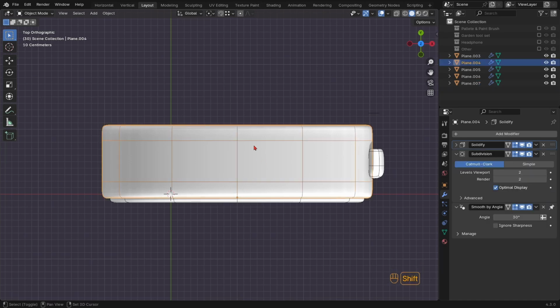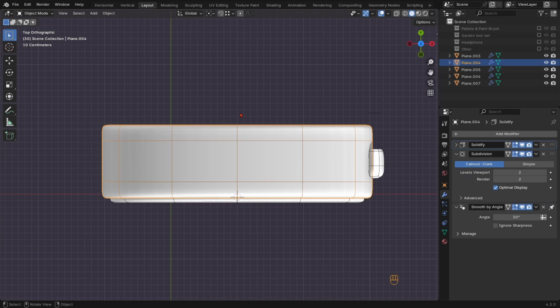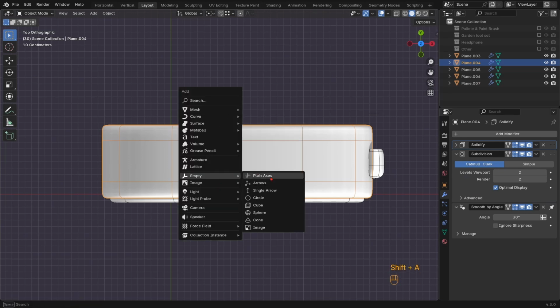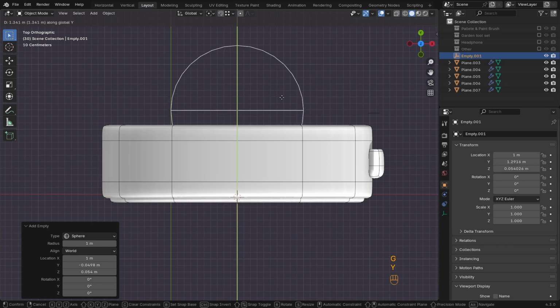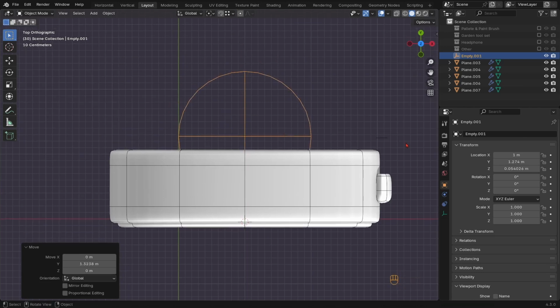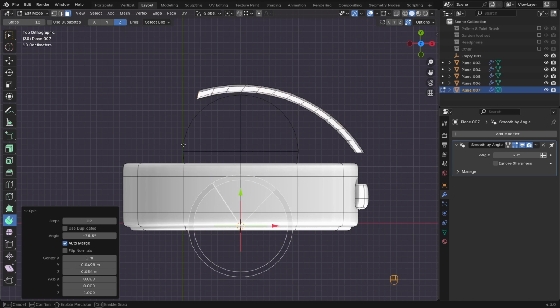Now, the center of these should be good. So let's move the 3D cursor here. But let's add an empty. It's a lot better to control that. Okay, so let's grab this object and select the spin, and we try to use z-axis. 12 steps should be good, and we'll get these